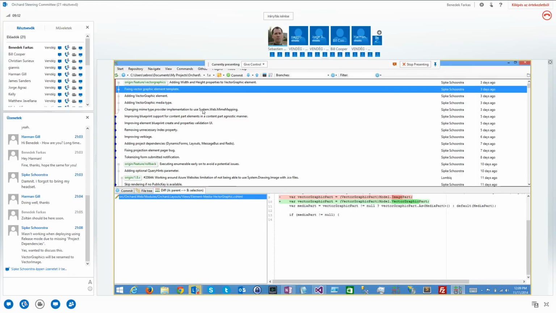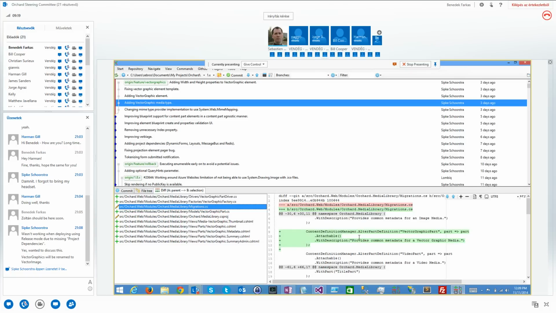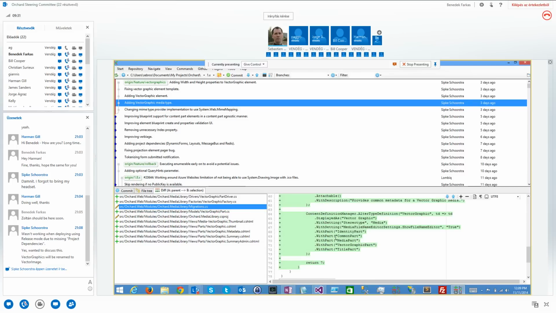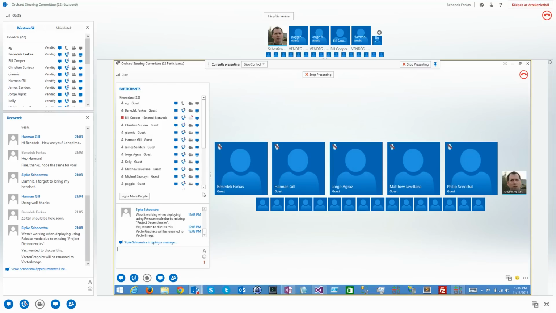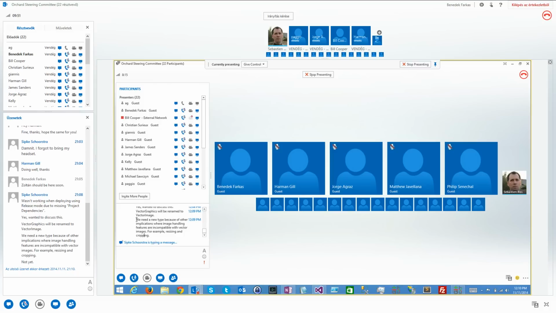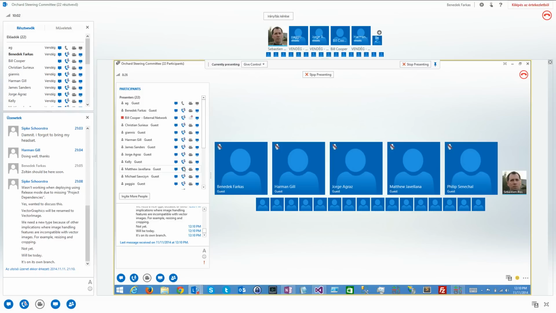So we actually created a new factory because there is a new media type. Did you update the migration file? Vector, okay, this is okay, so looks good. So this is all the updates we've had. Wasn't working when deploying using release, but true to missing project dependencies. Vector image will be renamed. You mean it's not renamed yet in the code? Okay. Yeah, so